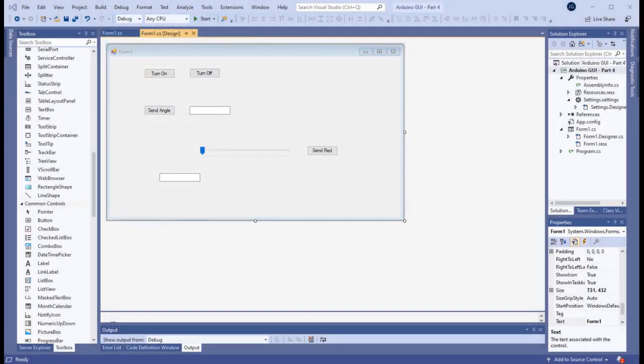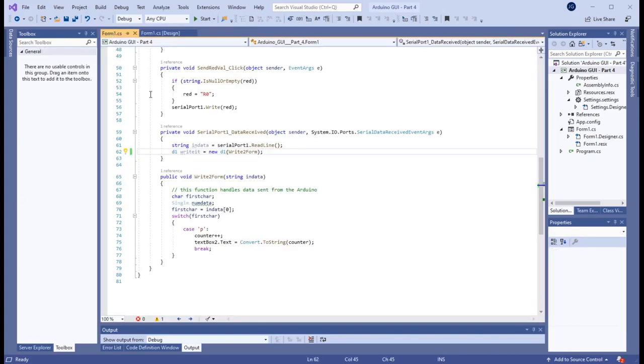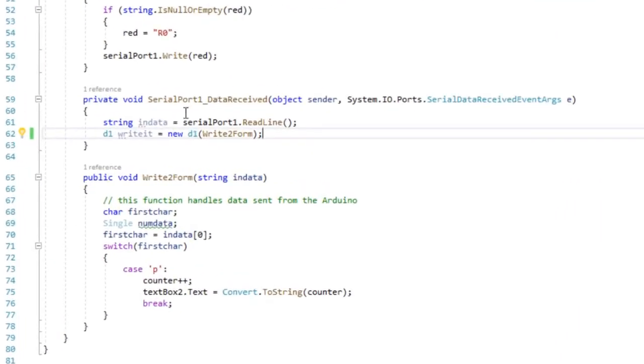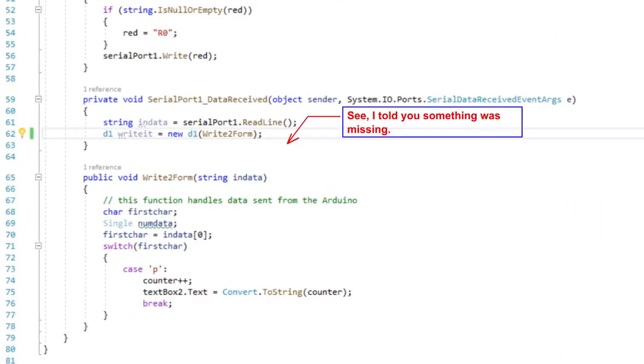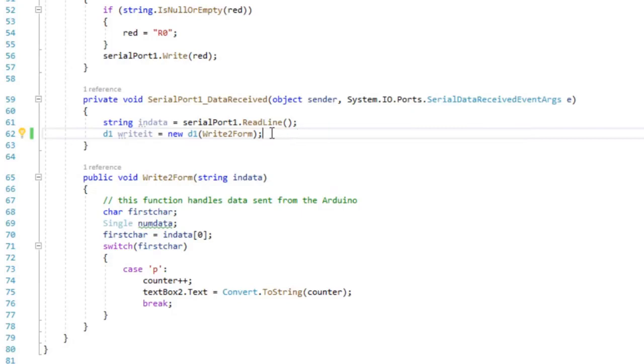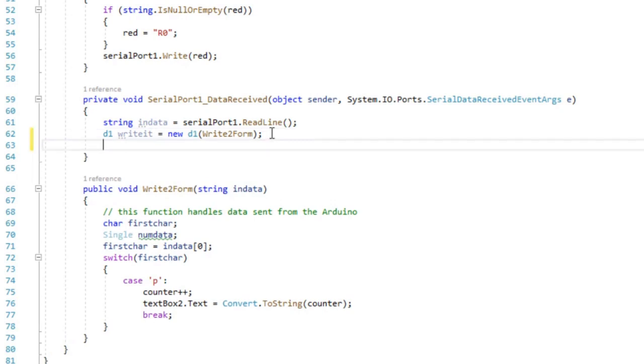We're almost ready to run the program, but before we do, I must add a statement to the C# program that I missed before. Click on the Code tab and go to the DataReceived function. We have to add an additional line of code that will actually start the data bridge working. So position the cursor behind the right to form and then add the line invoke